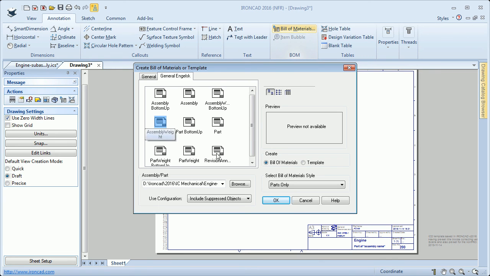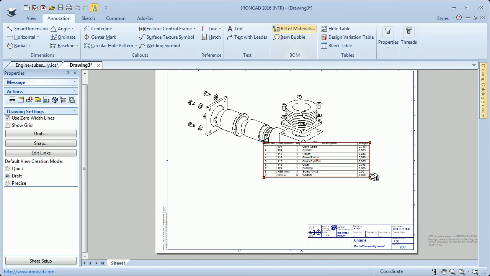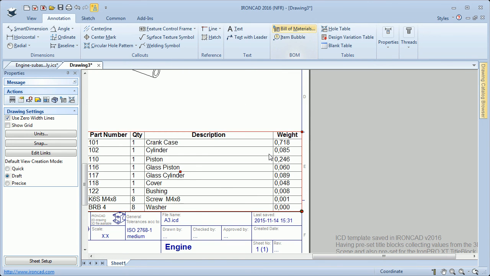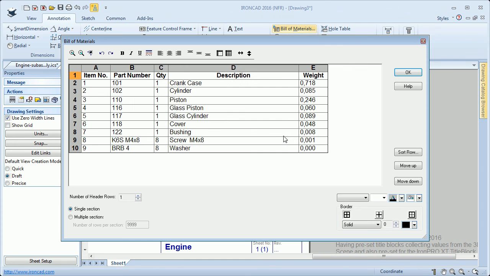So select this one. I will select exploded view and parts only and add it to the drawing like so. Now we have weights, but I need the suppliers. So I double click the bill of materials. Then I will erase this title, click in this title just to deselect this one. Then I will double click the E column here, the title cell,